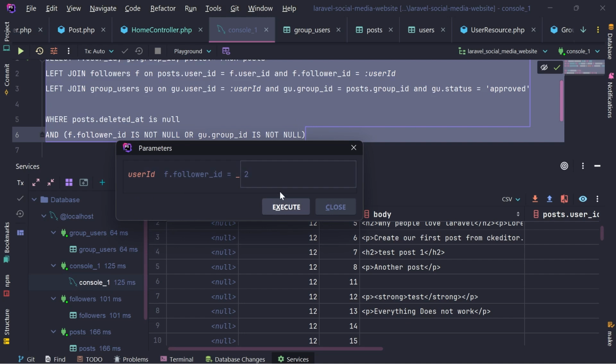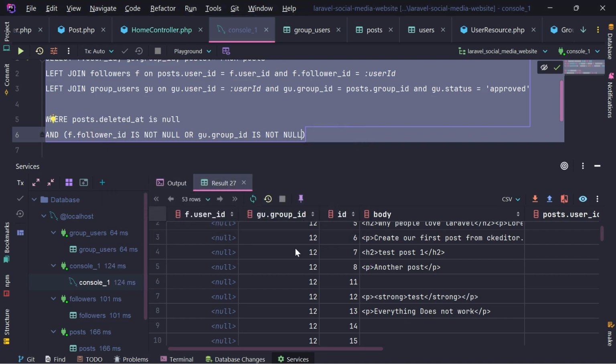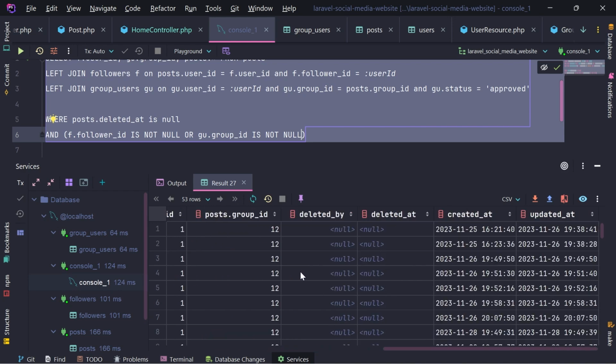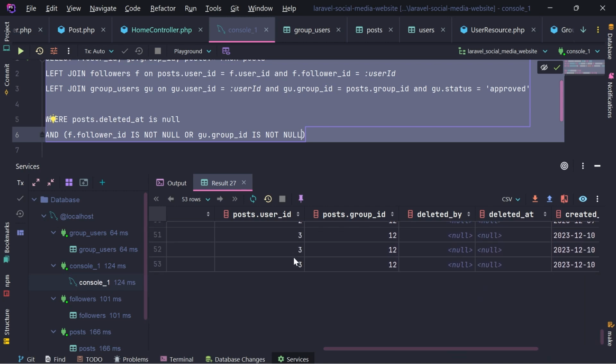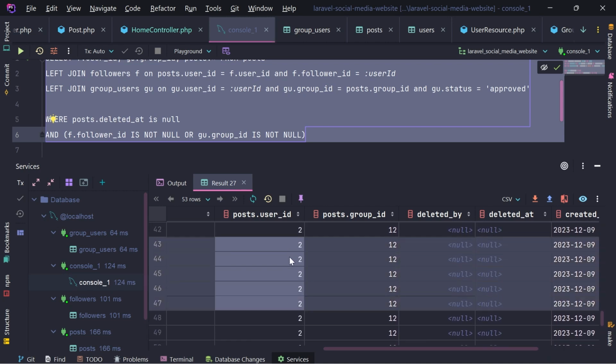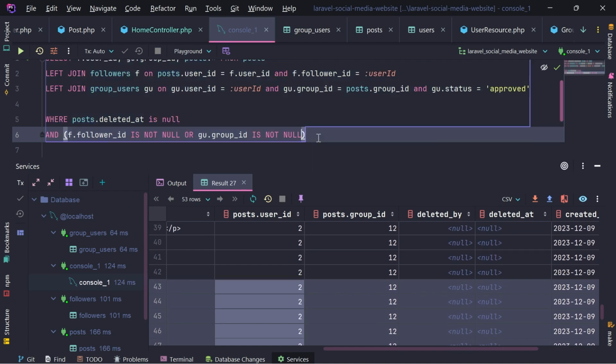And if we execute this, there are still a couple of posts by me. So maybe we need not our post ID is this, the user ID is this,